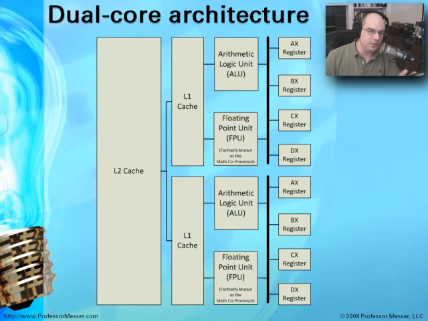Separate slide, notice that each core has its own cache, an L1 cache on the system. And notice that there's a separate L2 cache that generally is something that is shared between the cores. So as you start looking at some of these newer styles of CPUs and the newer architectures that are out there, you'll see that these dual core technologies are often set up this way, where there is a separate cache per core and then a larger L2 cache that's just outside that handles all of the cores that happen to